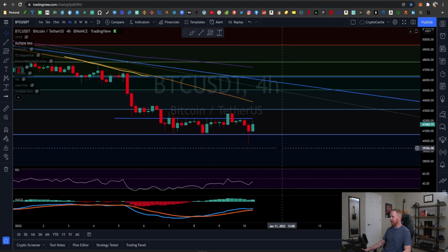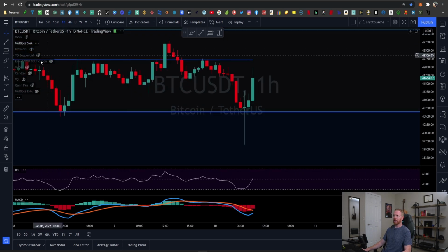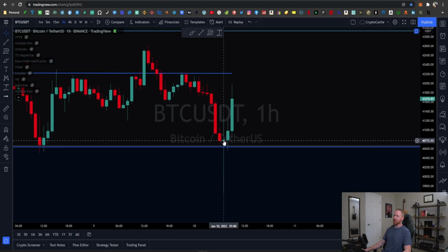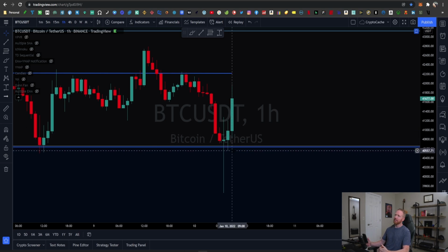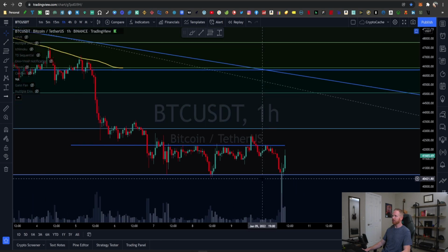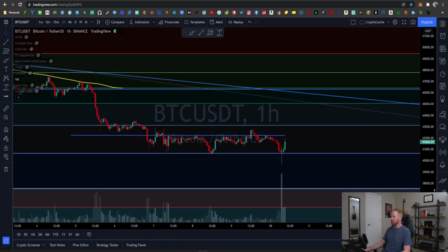So we'll take a closer look at that here in just a moment, but that is essentially what the 4 hour is telling us. Not great stuff, still bearish. This doji candle is nice. It does imply that we have some indecision, so to speak, which is better than a decision to go down, of course. And obviously, if we were taking a look at the volume, see a significant push back up here. And that's the largest volume spike we've had in the most recent past.